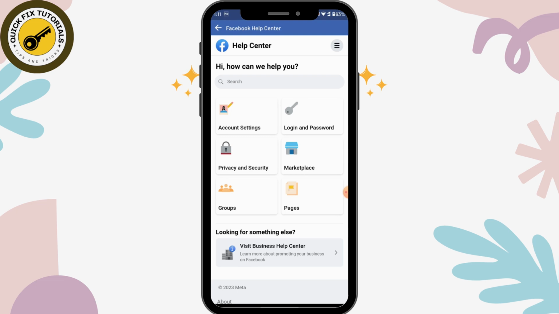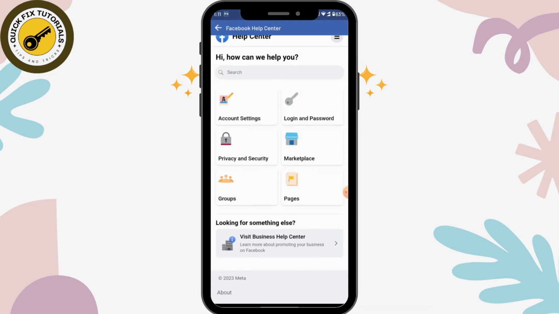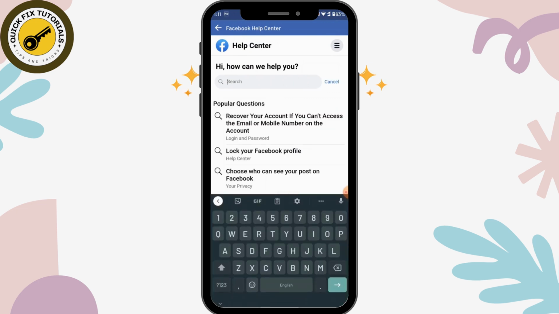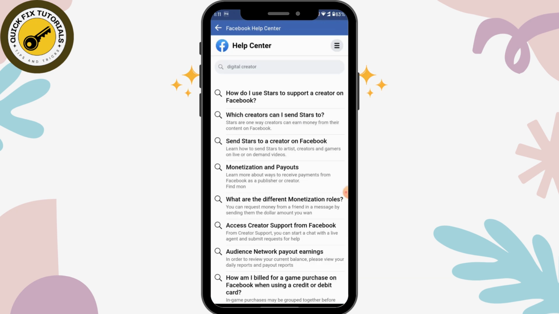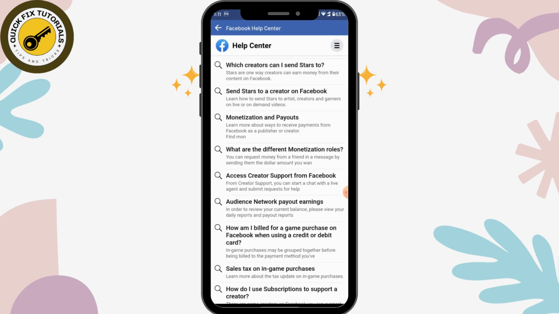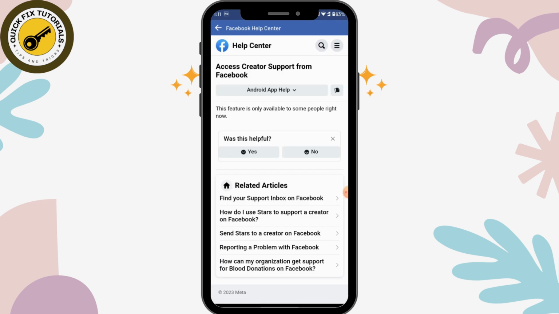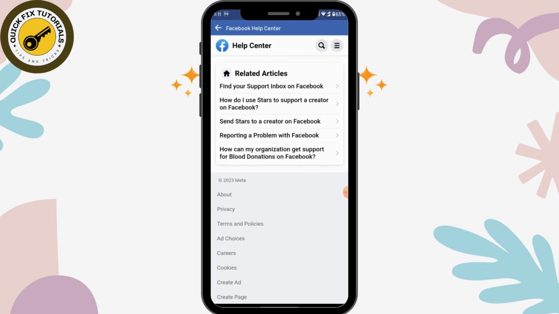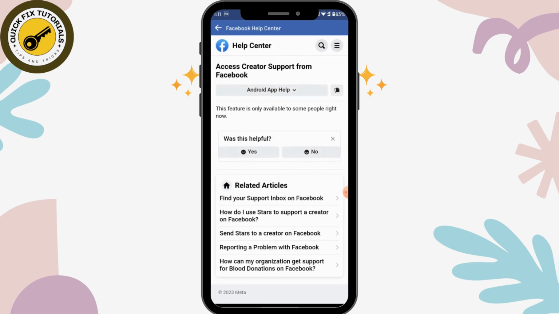Now here you could see this, it is just set up like this and you can just search for digital creator and tap on digital creator. Now it will actually give you these choices. Go and find access creator support from Facebook. Tap on that and then you will see the digital creator or how you could change your Facebook profile to